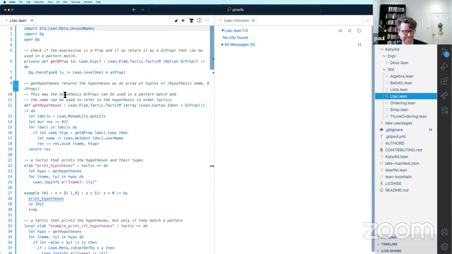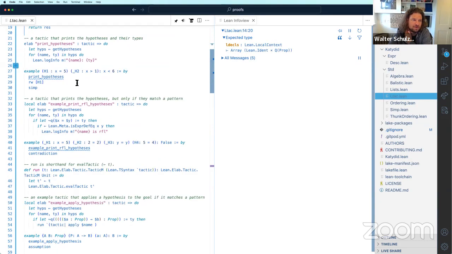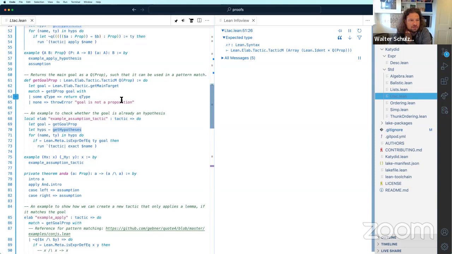we've got our version of Ltac, which can give us a list of the hypotheses with their names and the properties. And there are examples in this file about how to use all of these things.